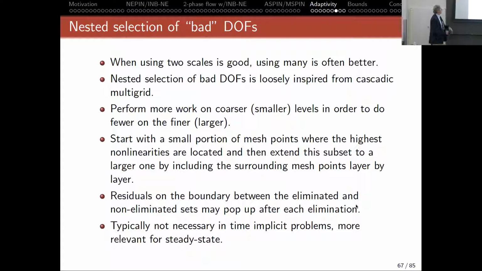Another idea is to sort of cascade the subset of bad unknowns. You may look, for example, at the highest residual or at some Mach number cutoff, or maybe in chemistry or combustion it's some temperature, and isolate first a small number. Then when you eliminate them, they will propagate a large residual in sort of a ring or a ball, and you can gradually increase the amount of points that are eliminated in order to basically economize on the cost of the original solve.